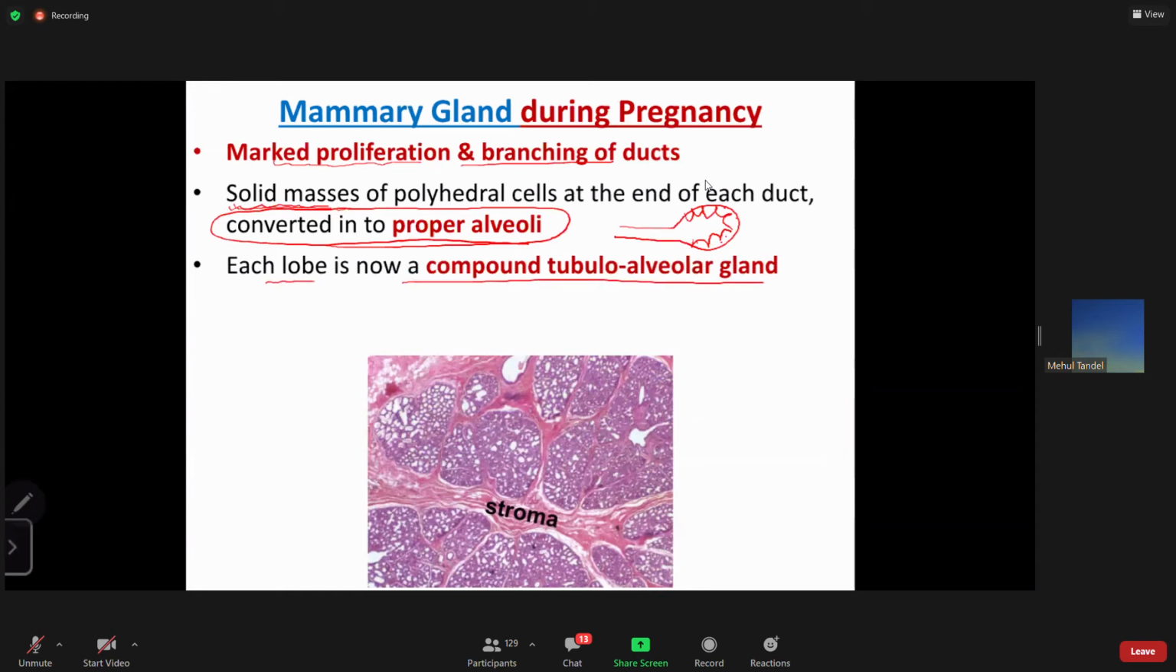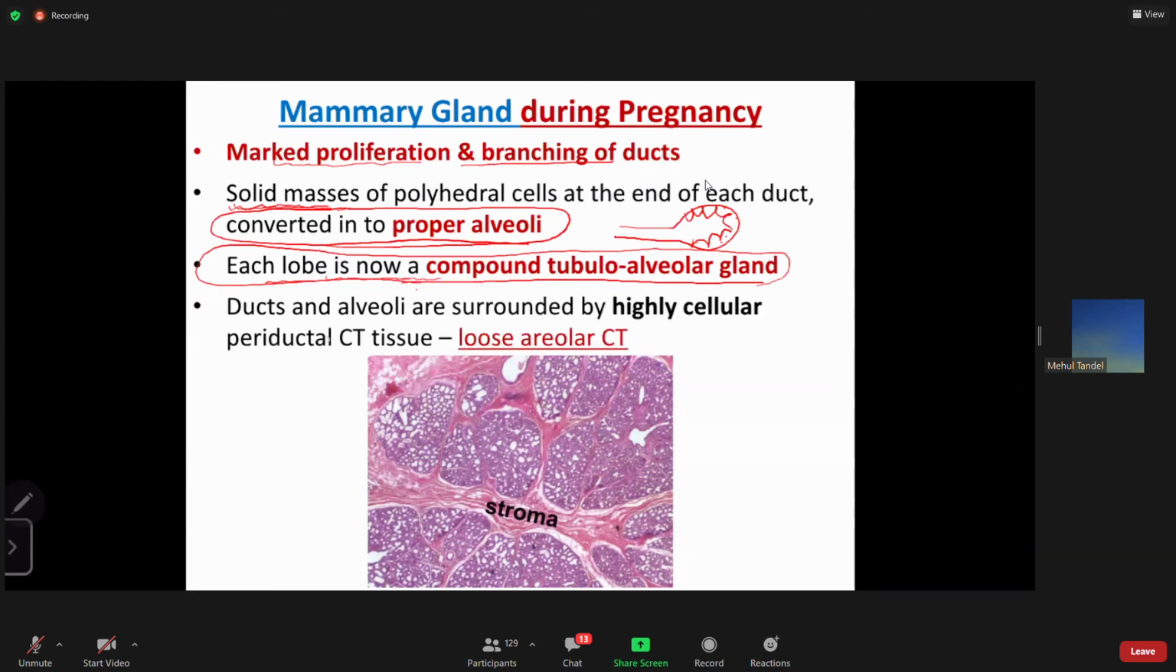Okay, अब यहाँ पे compound tubular gland बनेगी, जो हमने पहले पढ़ा स्टार्टिंग में, और ये structure of the lobe अब यहाँ पे बनता है. During pregnancy there is a formation of lobe. Okay, actual lobe, we can say proper lobe. Okay. Then ducts and alveoli are